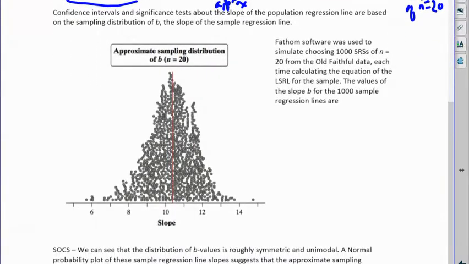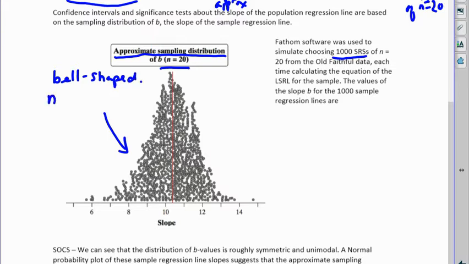And if we did many, many trials of size n equal 20, you can see from this Fathom software, this is 1,000 trials actually, that this does become an approximate sampling distribution, and it's starting to look like it's trying to be nearly normal. It's definitely bell-shaped, but with n equal to 20, it does not meet